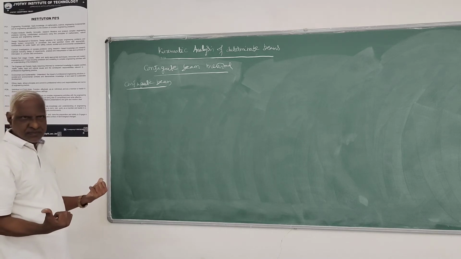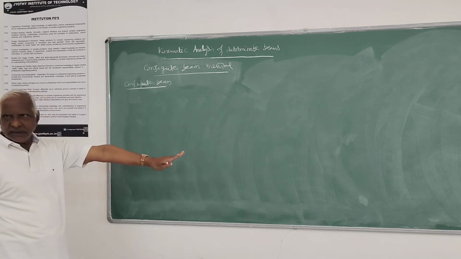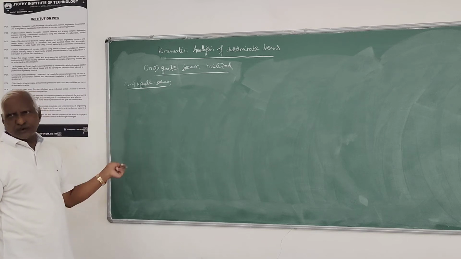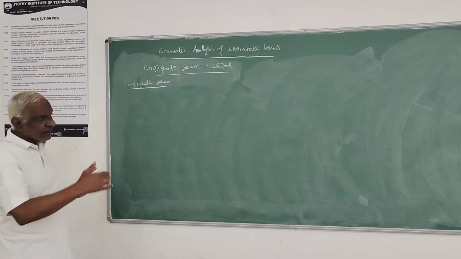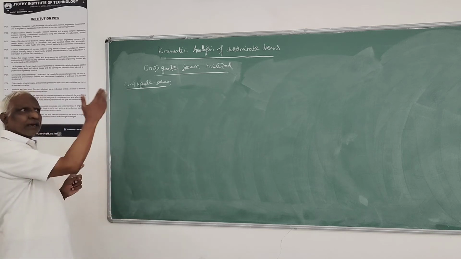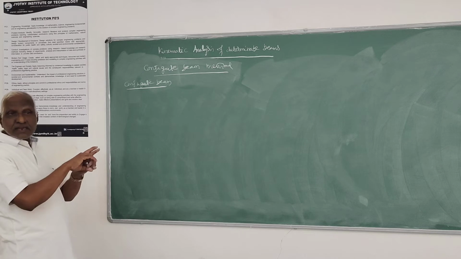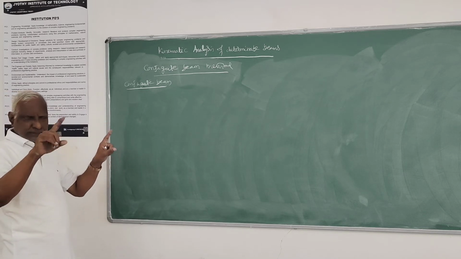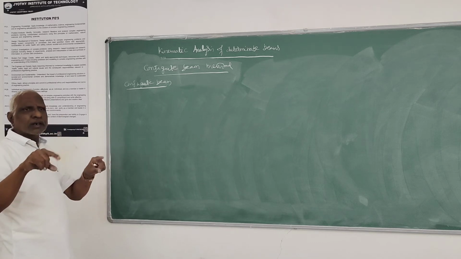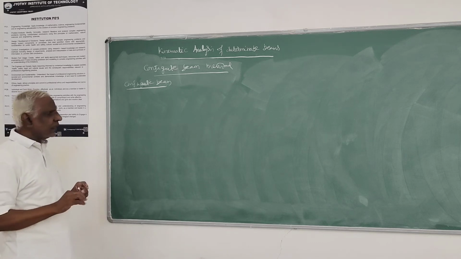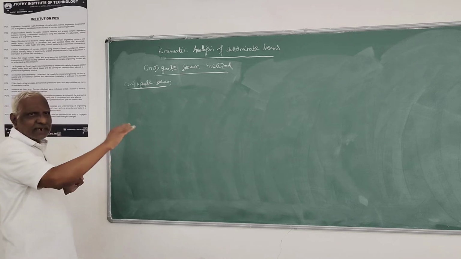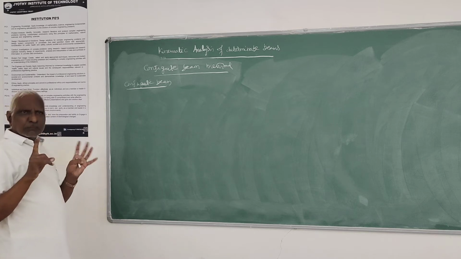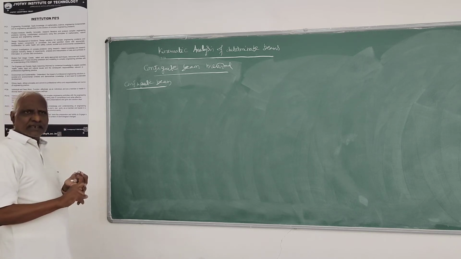Then the boundary conditions. The fixed boundary condition in the real beam becomes a free boundary condition in the conjugate beam, and similarly the free boundary becomes fixed. There is no change in a simply supported or hinged boundary condition. And if it is a continuous support, it becomes an internal hinge. That's all. These boundary conditions and the loading change.